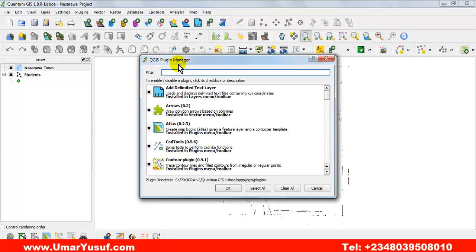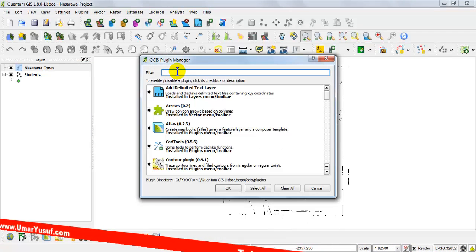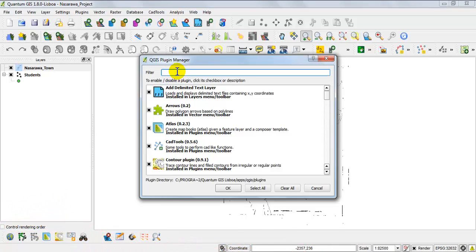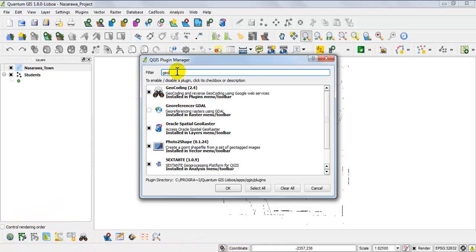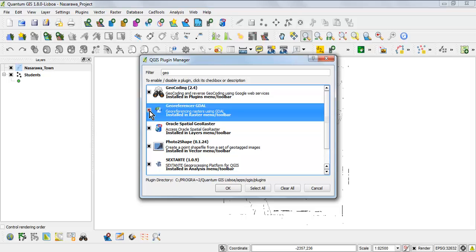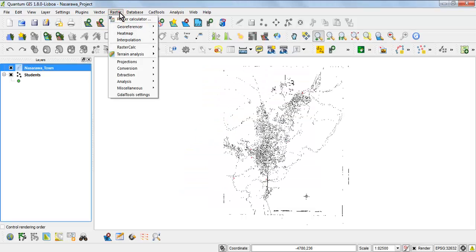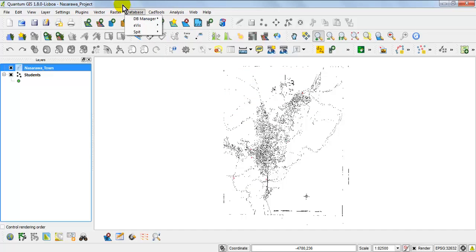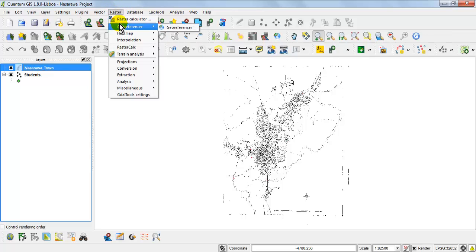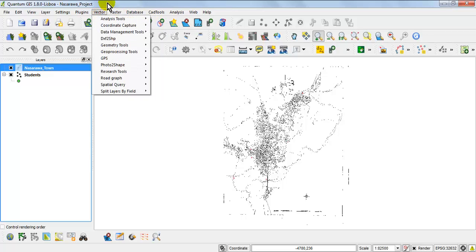So the Quantum GIS Plugin Manager will enable you to disable and enable plugins. So you can see the georeferencer plugin is disabled. So if I check it now to enable it and I click on OK, if I go back to my raster menu, it will be there. So please, just in case, if you cannot find your georeferencer under the raster menu, please follow the instructions.